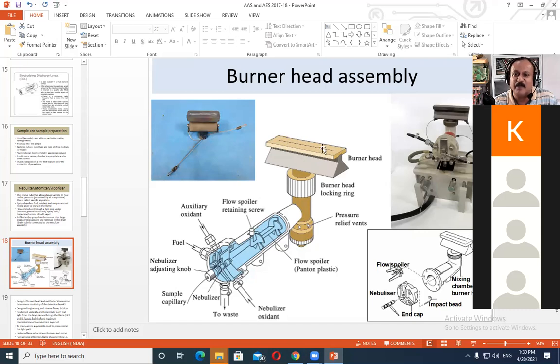The sample will burn here, and when the sample burns, the compounds and molecules will be converted into pure atoms. The pure atoms will remain in this flame for a very short, transient time, and during that time, the radiation source is somewhere here. Light will fall exactly through the center of the flame and go to the detector this way. The source of light is here, and the detector is on the opposite side.